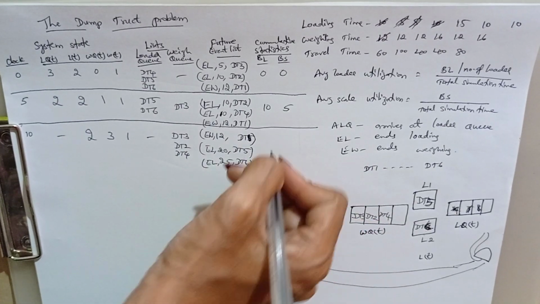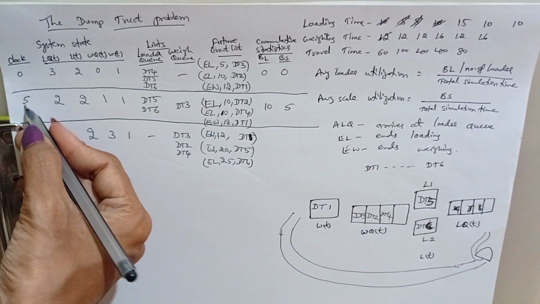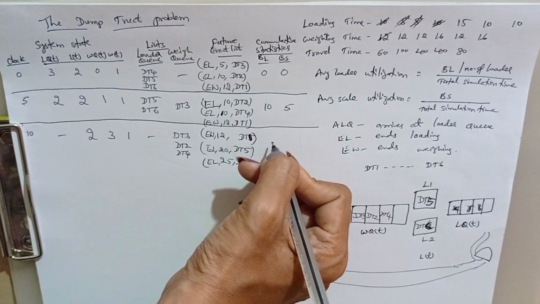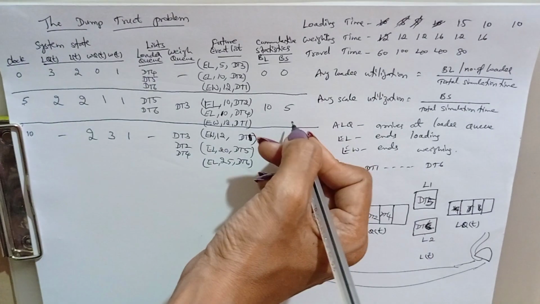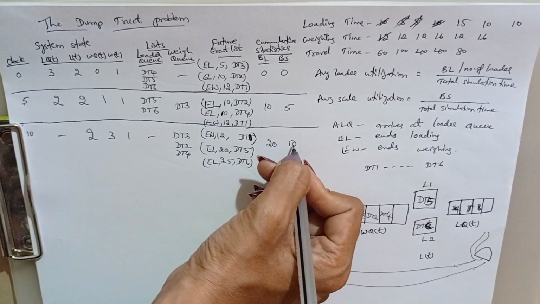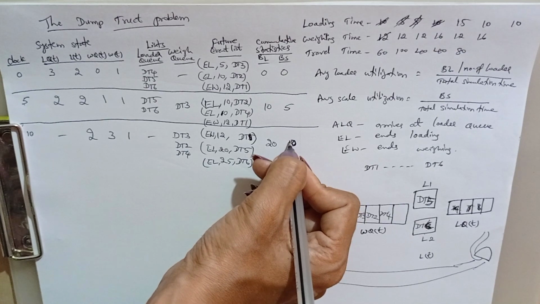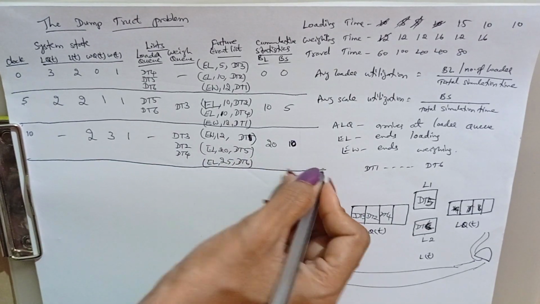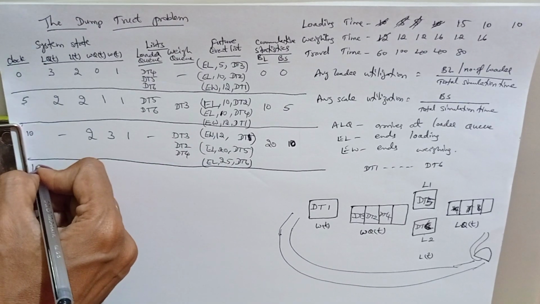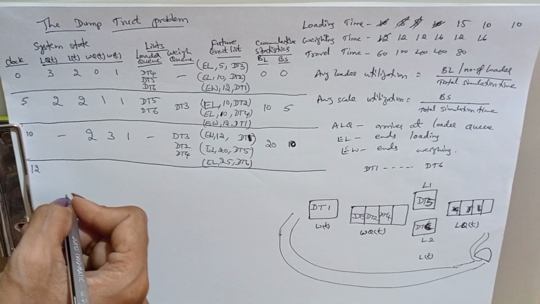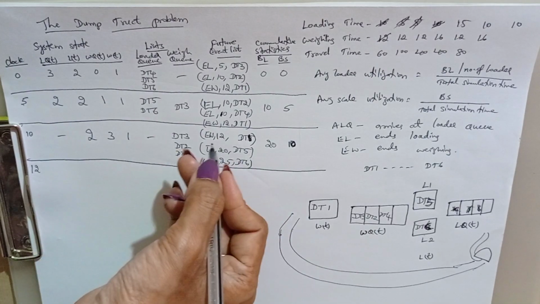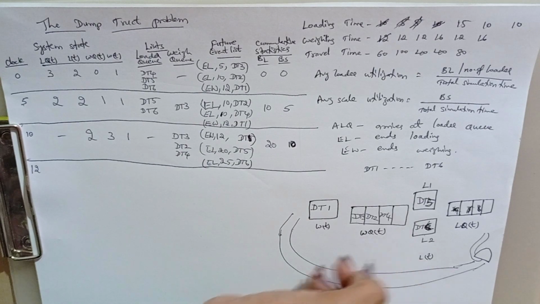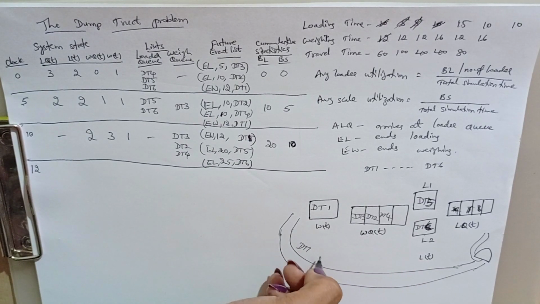Now statistics, 5 to 10, that is 5 minutes 2 trucks were busy, 10 plus 10, 20, and one scale is busy, 5 plus 5, 10. And next imminent event is 12. Advance the clock to 12 and at clock time 12 weighing is completing. Weighing completing means going to the traveling. So truck 1 goes for traveling.